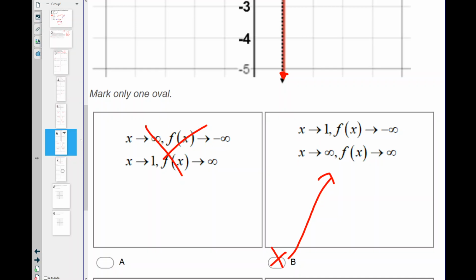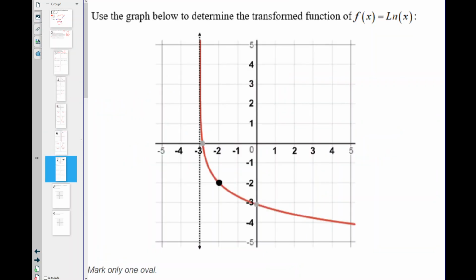Any questions? Last one from the multiple choice that was missed the most. Use the graph below to determine the transformed function of ln of x. So ln of x is the same thing as saying log base e of x, so this is a type of logarithmic function. It looks like a flip occurred because